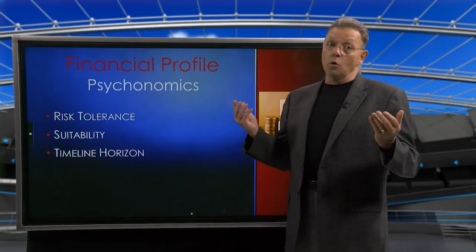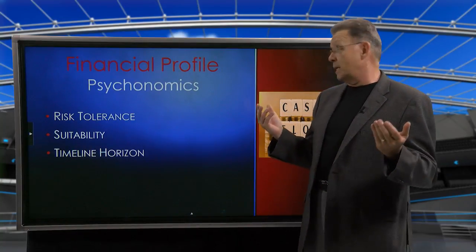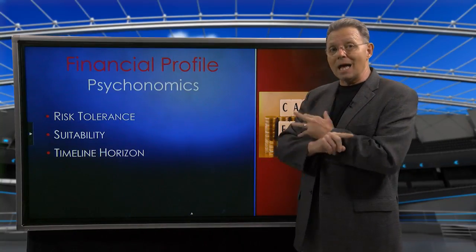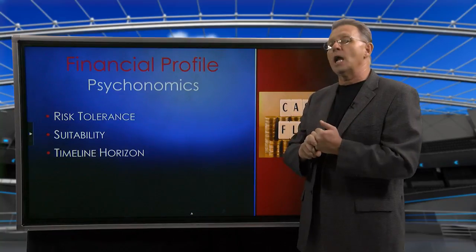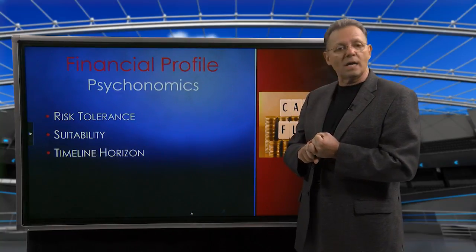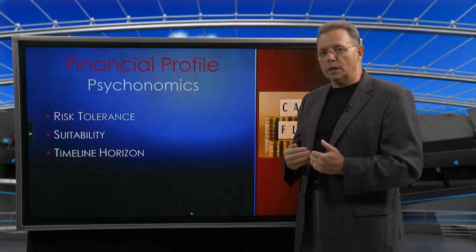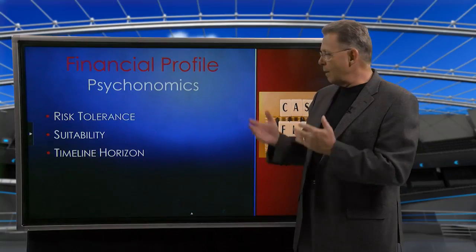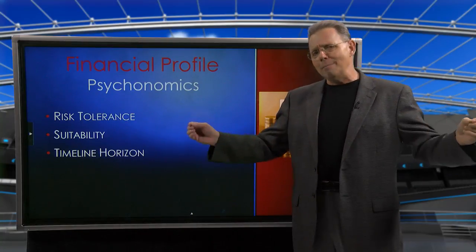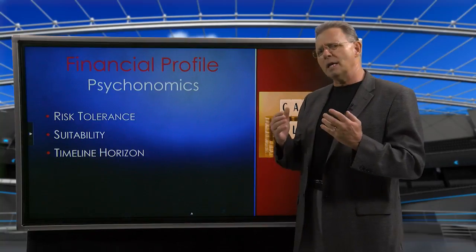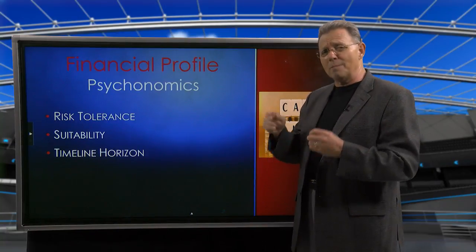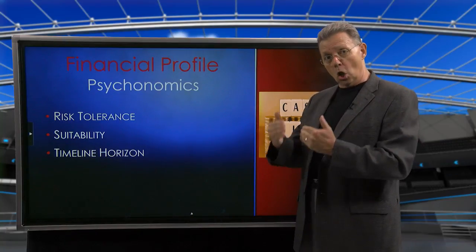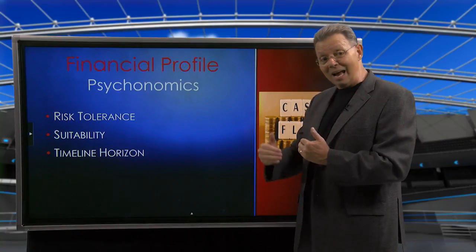Now, how do I know which one I'm supposed to buy for my tax-free income? I don't know until I do a risk tolerance test. I have to find out, is my risk tolerance good enough to be variable, or should I be in participating whole life, because I just don't have the internal fortitude, the kind of characteristics that it takes to go through a market drop. So I may have to look at my risk tolerance first and then look at my timeline. Is this suitable? Remember, for tax-free income, the policy has to be in force all the life of the policy insured. So this isn't just a long-term horizon, this is a lifetime horizon.